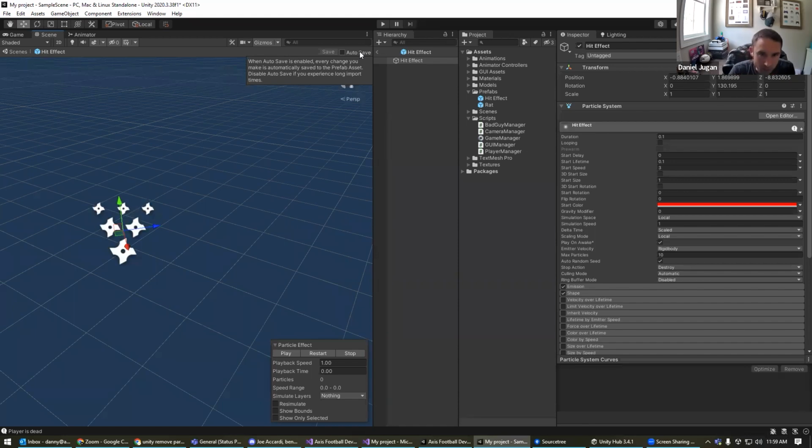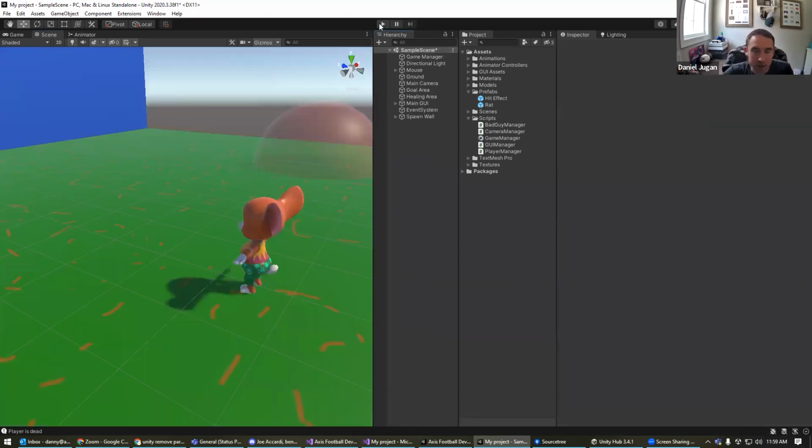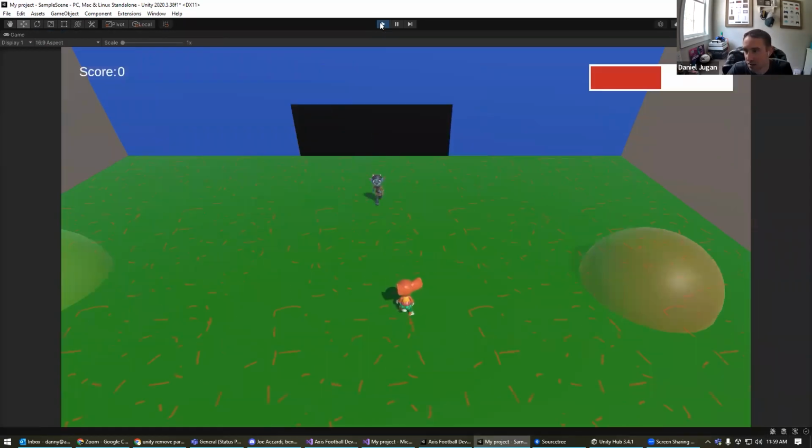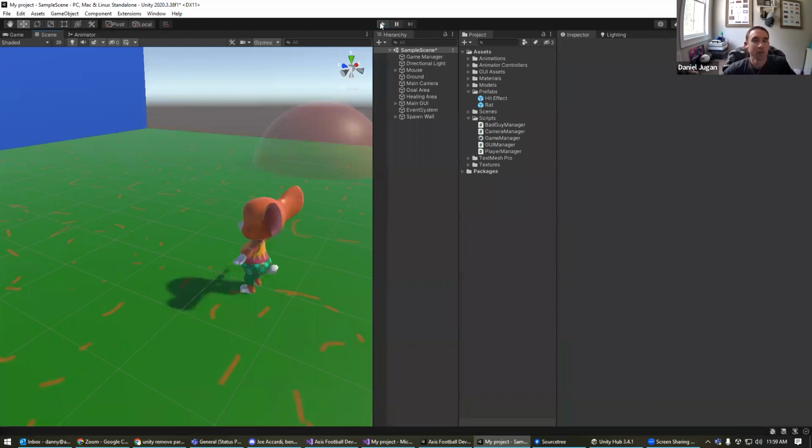Now, let's talk about efficiency. Doing it this way is not a super efficient way to do it. Instantiating is slow. For a game like this, you're really not going to notice. Even on a mobile game, you could do this and you would have no idea that you're instantiating. But my experience with game development, especially over the past 5 years, has really forced me to be more optimized with my code,